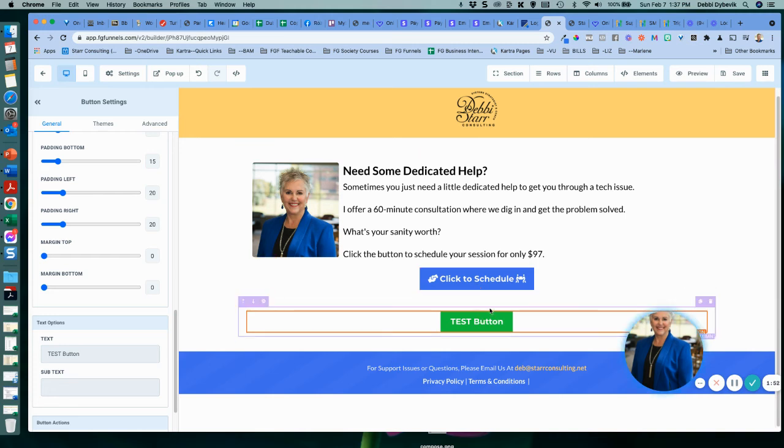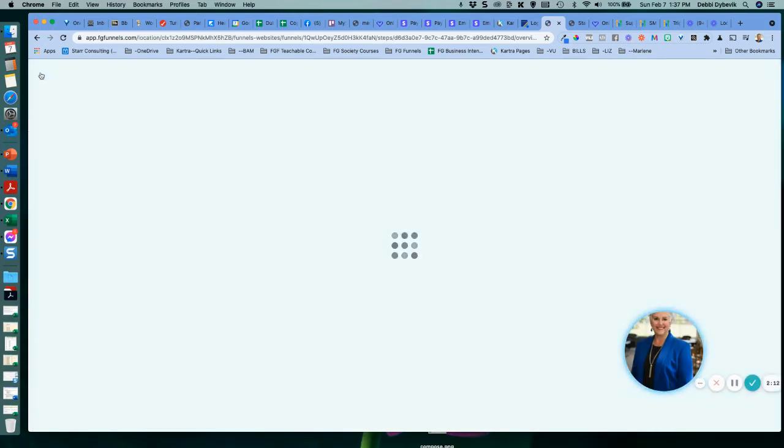So what happens when you click the pop-up? We're saying whenever you click on this, the action is it's going to open a pop-up. And the pop-up we want is to connect to the calendar. So we're going to save this. You could have already had the calendar set up. I'm just going to